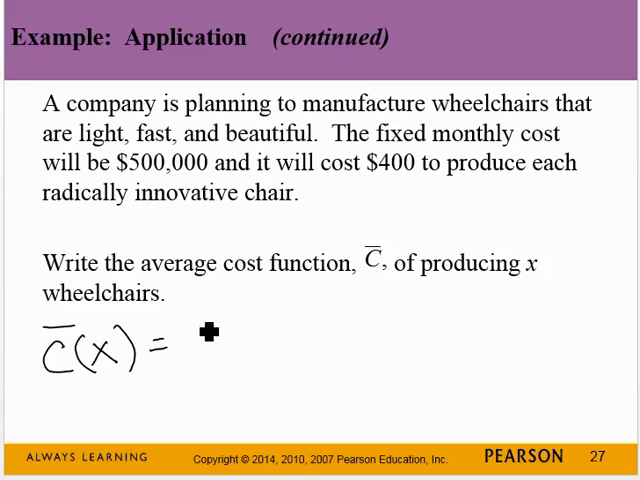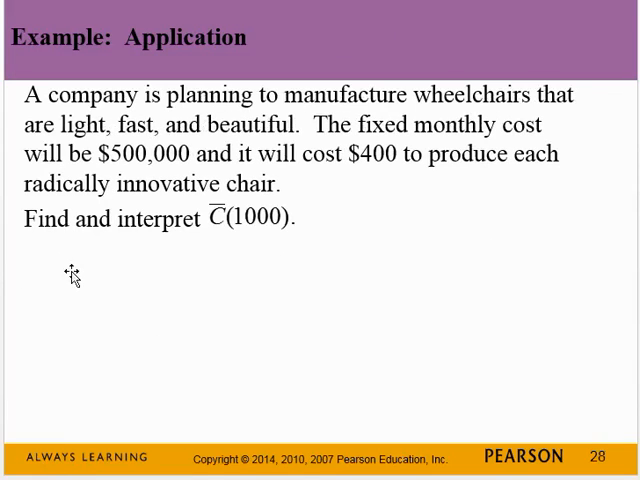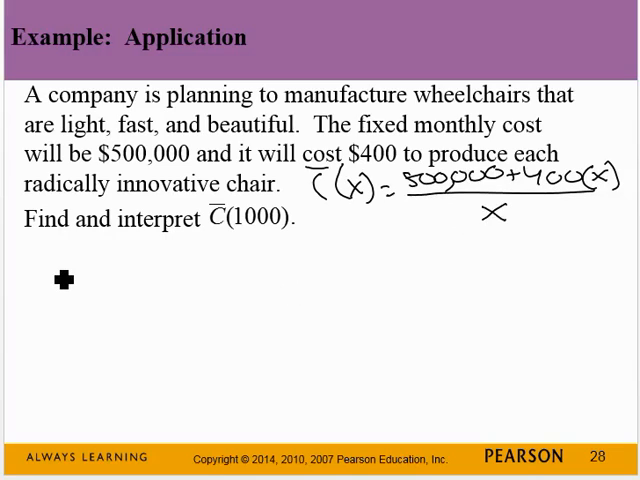So this means you're going to have 500,000 plus 400x, but you want to find the average, so you have to divide it by how many wheelchairs you sold. So now this slide will make more sense. So we have C bar of x. So now we have C bar of 1,000 equals